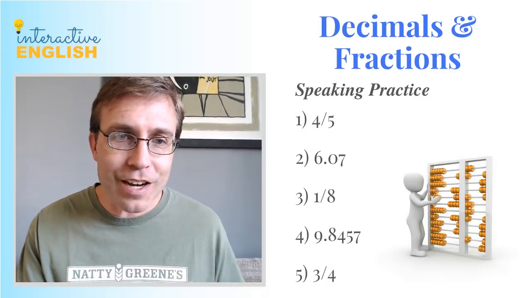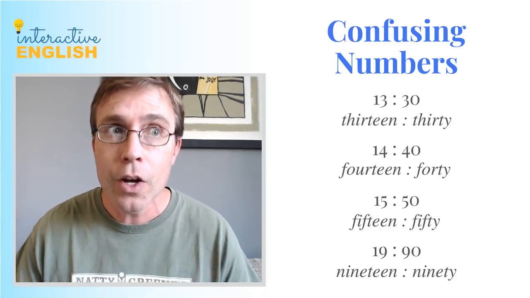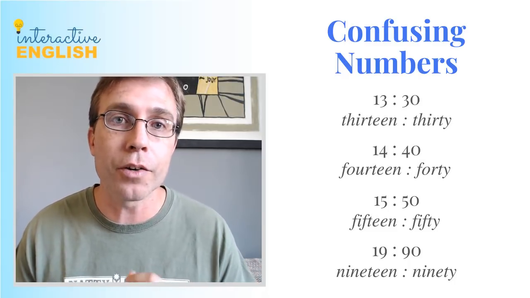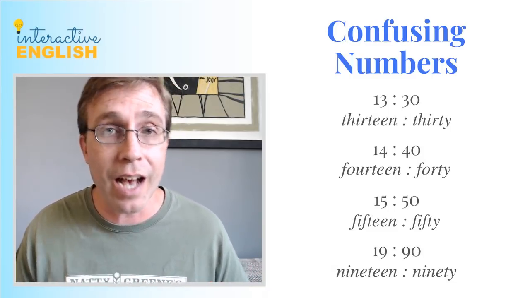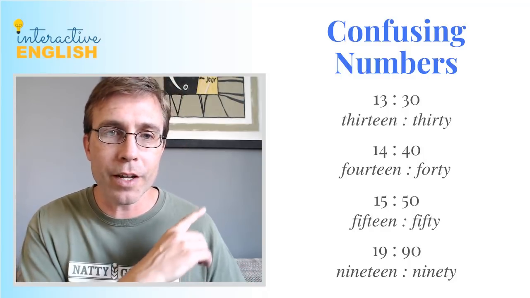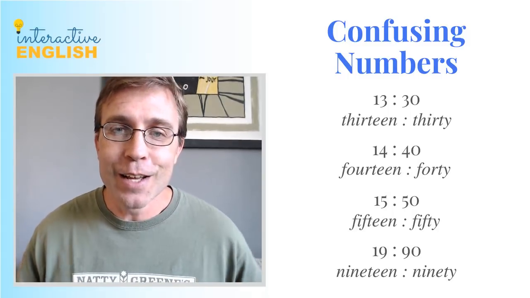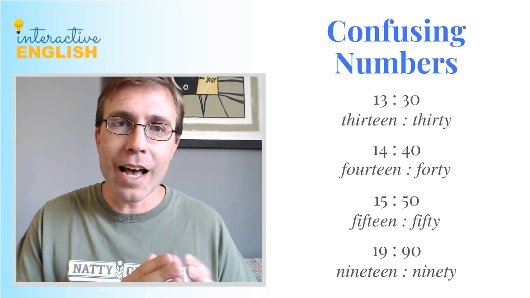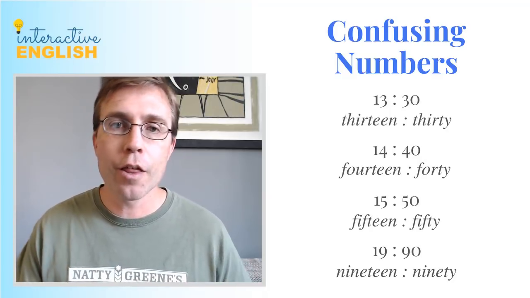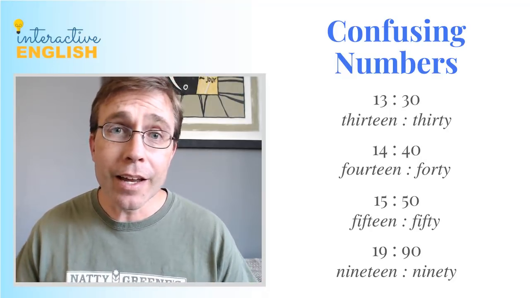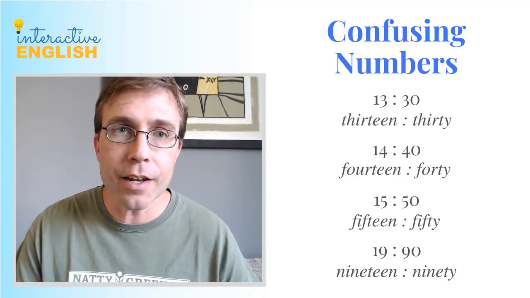So confusing numbers, I think it has to do with pronunciation because of saying the numbers. But often when you're talking about these cardinal numbers and people are saying them, if they're talking about an amount or they're talking about a time, they can get a little confusing. So I want to look at some of these and we're going to practice them as well. I got a fun practice for you guys. So the first one, it's mostly dealing with actually teens and the tens of numbers. So for example, 13:30. Now, one thing to listen for, if these numbers might be confusing for you, is in the 30,